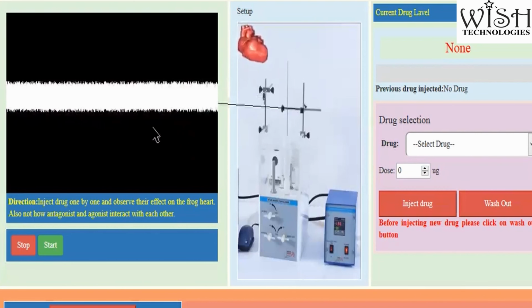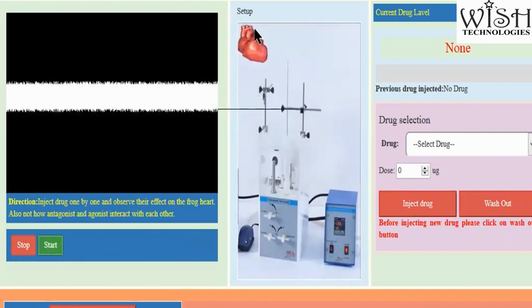This is a kymograph drum, just like a smoking drum. Here you will get a graph paper like this. This is the graph we are going to get. If you want to stop, you can press stop. See, the rotation of the kymograph drum is stopped here. If you want to start it, again the kymograph is moving. This is the first part. Now I will start. Keep it running, no problem.